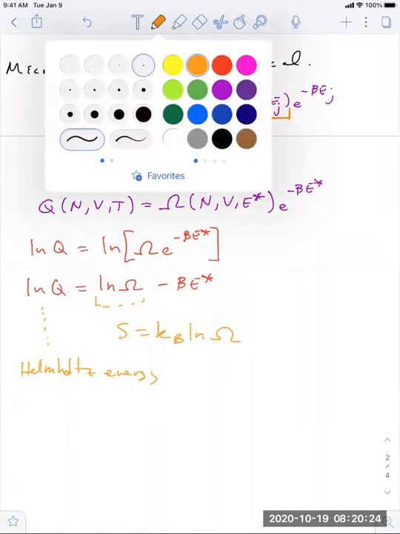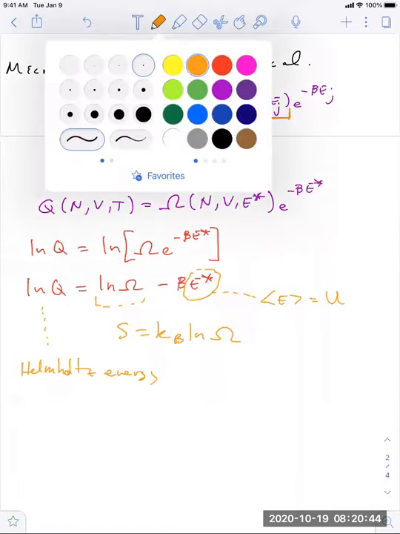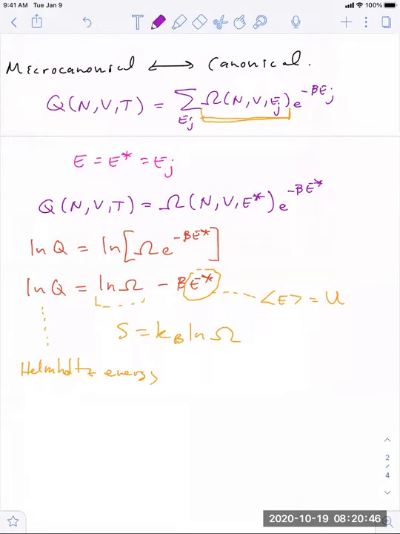And of course, this guy, we're assuming that the average over the ensemble of the energy is equal to the thermodynamic quantity, which is the internal energy. And we're assuming the average energy is just related to this maximally probable energy, E star. So this gives us this thermodynamic looking expression. And we can actually show that this is exactly equal to F equals U minus TS. This is our characteristic thermodynamic expression